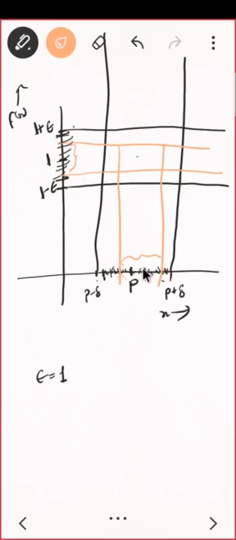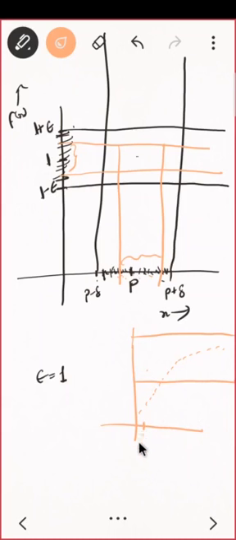Like in the definition of a sequence, if you remember, I told you that you put the numbers x1, x2, everything, and you'll have an epsilon band here. And what was the case there? You have to decide an n naught such that after that everybody is lying in that band. So can I take this point as n naught? No, because after that there are some points which are lying outside, correct? So it is better to take this. If I take this, then any bigger number on this side will also work, correct?